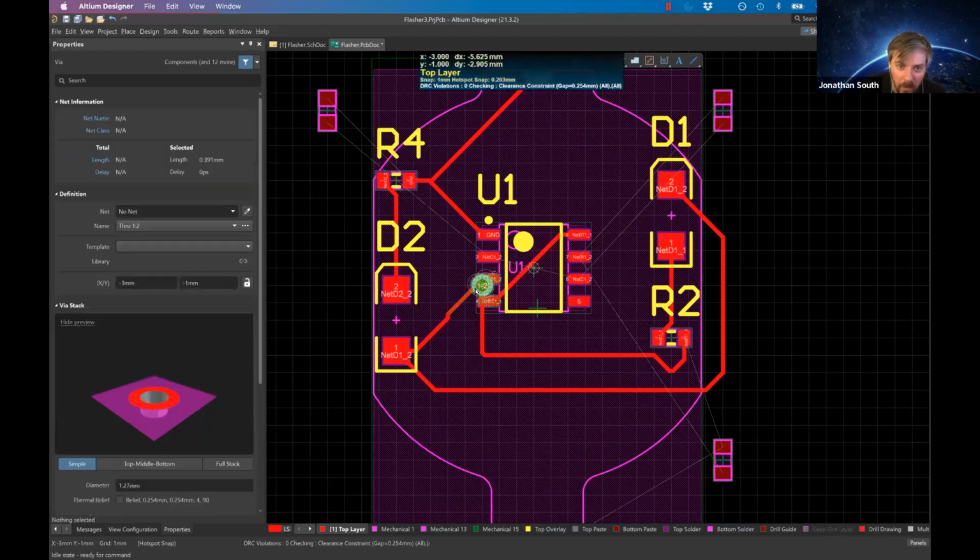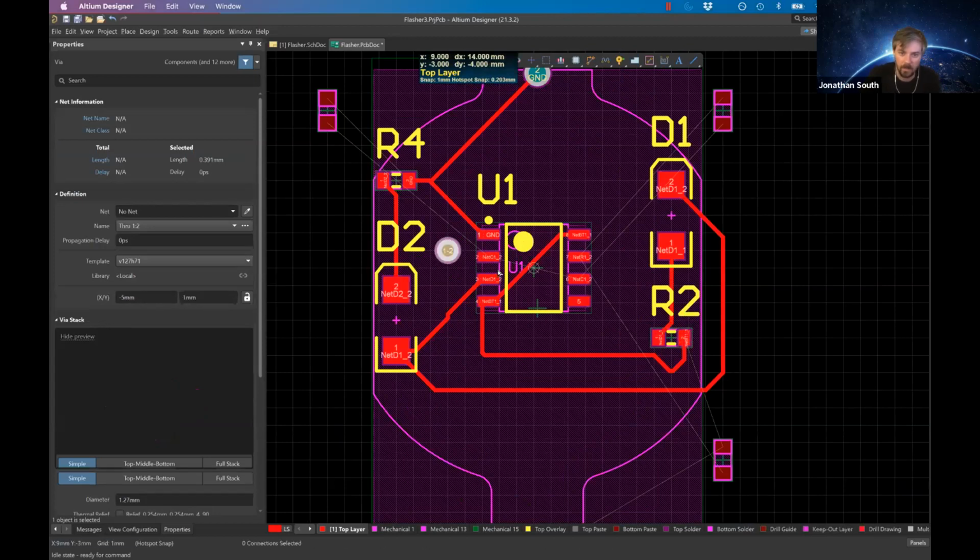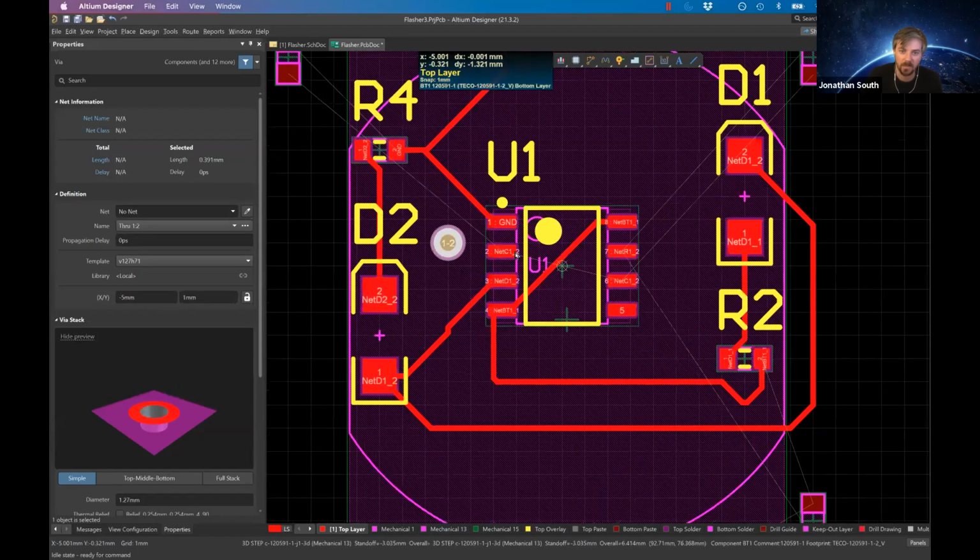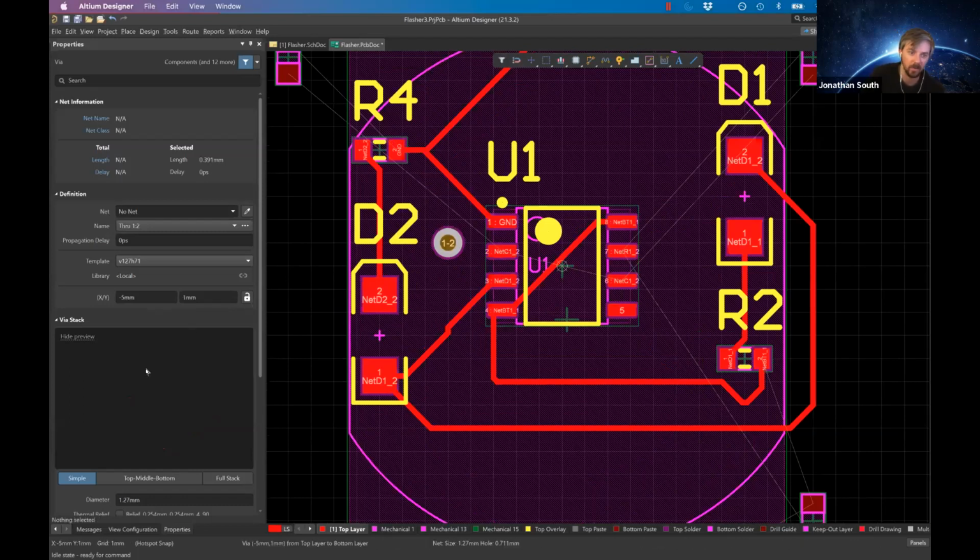So thinking about where I need to go, I need to get from one side of the board to the other for this net, C1, over here for that pin. I'm going to place a via right here. And that's going to allow me to pass a signal from the top of the board through the bottom. Okay, so by clicking on the via and having a look at the properties,